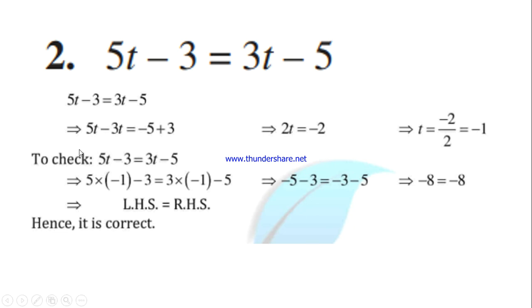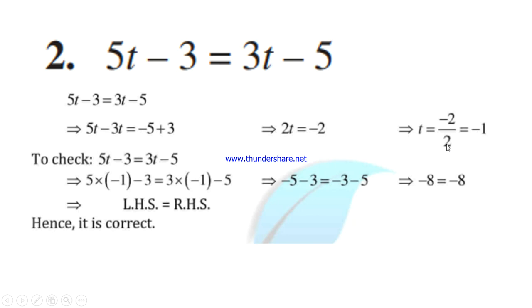Now let's simplify. Like terms, 5t minus 3t is 2t, equal to, here unlike signs, subtract, greater number's sign, minus 2. So now we receive 2t equal to minus 2. Again we have to send this 2, so it goes under division. Both are divisible by 2. We are getting minus 1. 2 ones are 2, 2 ones are 2. So 1 by 1, minus 1 by 1. So the solution becomes minus 1. We solved the equation and found that the value of t is minus 1.